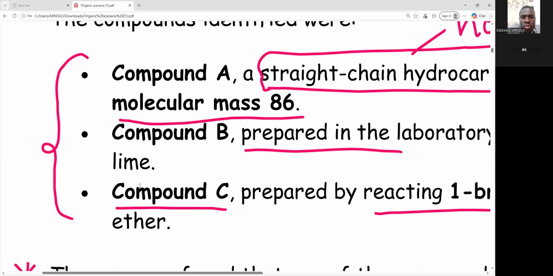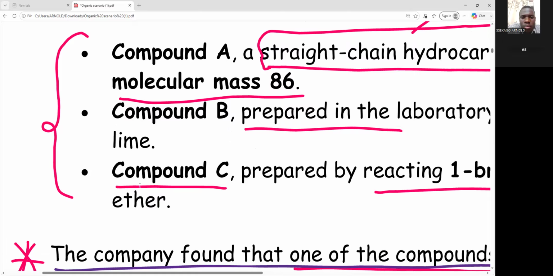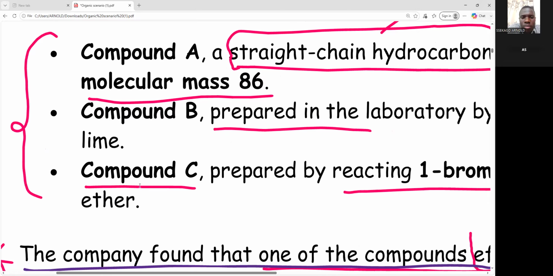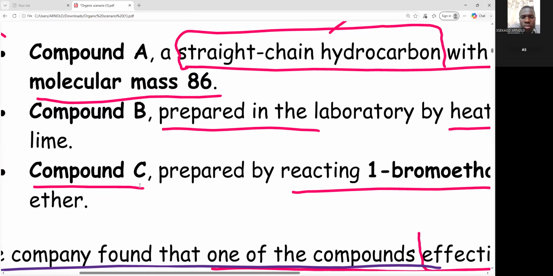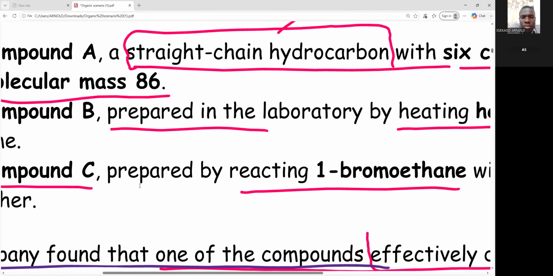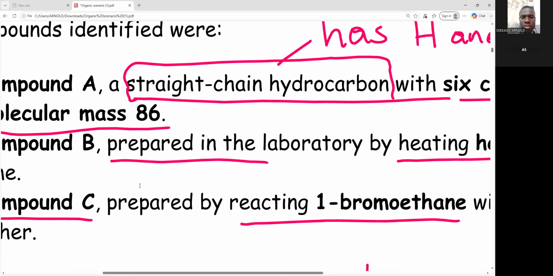So I was saying that we start with the synthesis. So let us start with the easiest compound. That is compound A. Compound A, a straight chain hydrocarbon. So what does that mean? If compound A is a straight chain